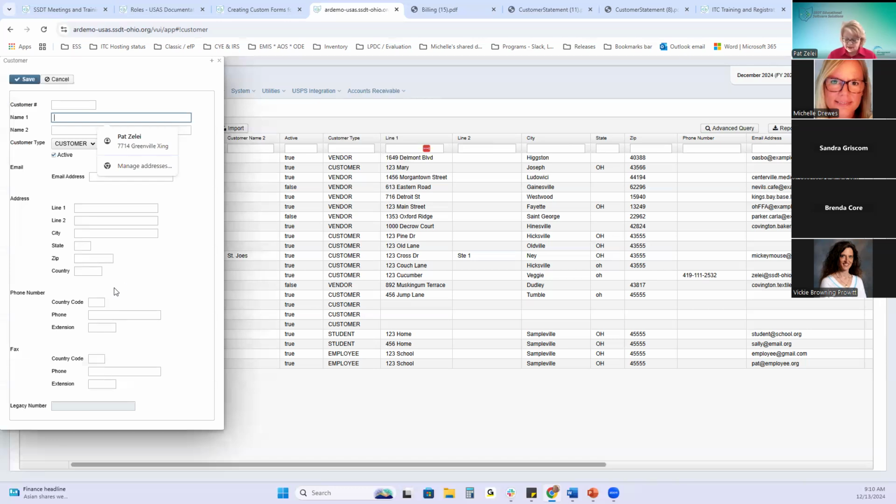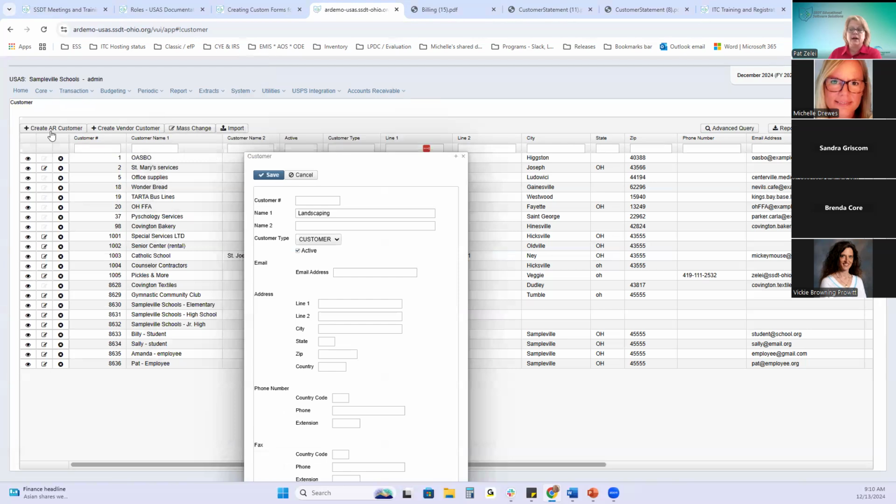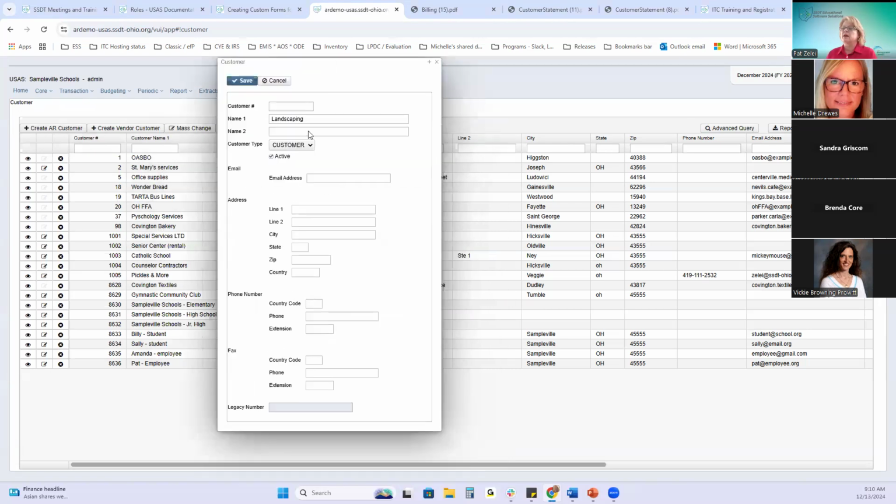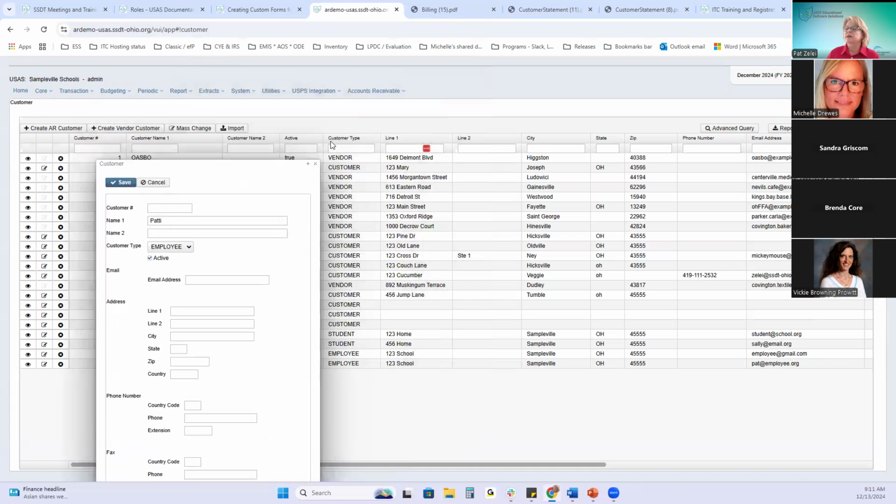Let's think of a customer. I don't know. Landscaping company. Under the customer type, and this is where I kind of messed up at the beginning, there are two types that you create, but under the AR customer, when you're setting it up, you can also define the customer type as a customer, an employee, or a student. So actually, I'm just going to make it an employee. And that's just so that on this grid, you can filter and stuff